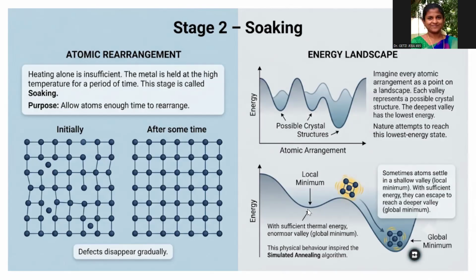Now come to this energy landscape graph that is shown here. You see that there are possible crystal structures available, all right? Each valley represents a possible crystal structure. Nature attempts to reach its lowest energy, because when the atoms are organized, they are in the lowest energy, right? So it will always attempt to go to the lowest energy. Sometimes they may settle down in a shallow local minima. Obviously, the global minima is somewhere else, but it may settle down in a shallow minima. So in that case,